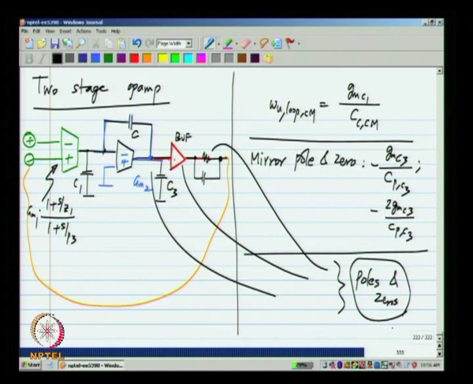So, there will be a number of poles and zeros. We have to make sure that the phase lag due to all of these poles and zeros at the unity loop gain frequency is, let us say, less than some value. So, 30 degrees or so, so that you have a healthy phase margin. Okay. Now, in practice, what you do is not to sit and calculate all of this analytically. You need to know which of the components contributes to poles and zeros, so that you can manipulate the values if you need to. Okay. If necessary, you can change the poles, that is, move the poles to higher frequencies and so on. But generally, once the circuit becomes so complicated, these hand calculations will not be efficient. So, we will go to a simulator.